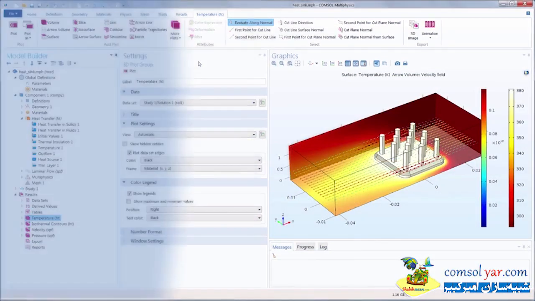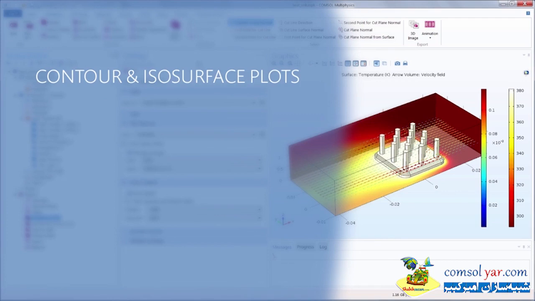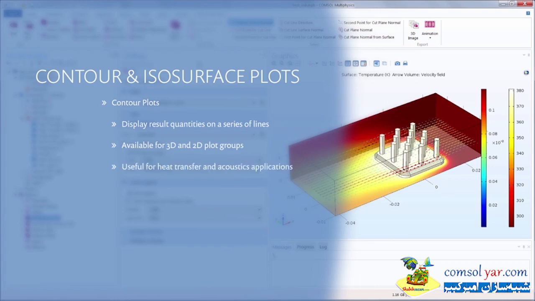In a previous video, we went over how to create slice plots. In this video, we will show you how to create contour plots and isosurface plots in COMSOL Multiphysics. Contour plots are used to visualize scalar quantities using a series of colored regions or lines. They are available for 3D and 2D plot groups and are useful for a variety of applications, including heat transfer